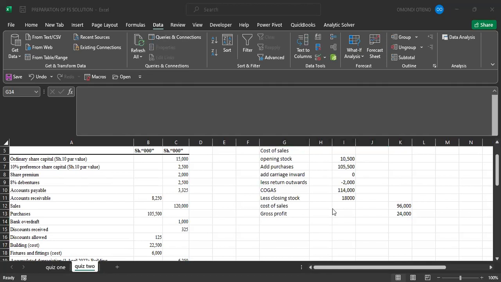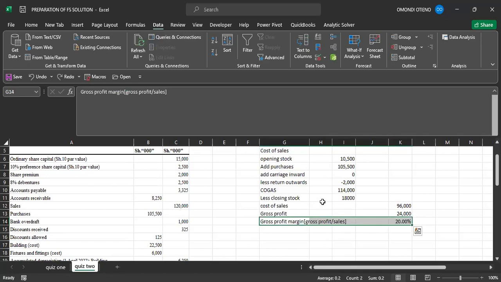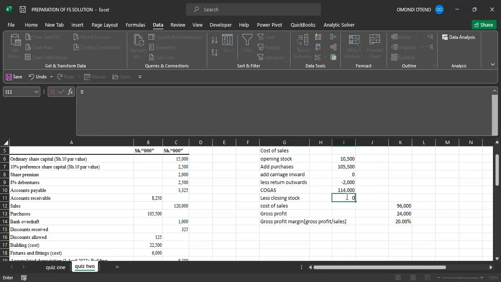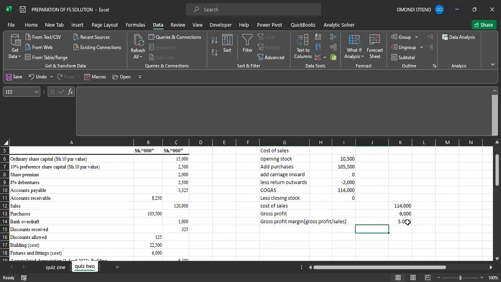What-if analysis? Where is 18,000 coming from? That's what you are looking for. Lillian, that is what you are calculating. We have said this closing stock value was not given. We had decided to put 0, right? And this is what you are getting.